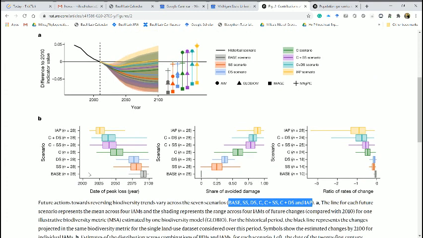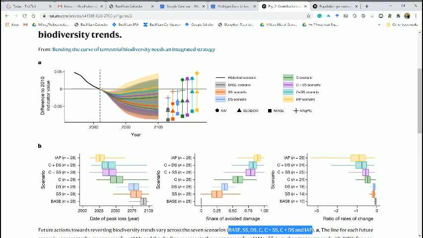Business as usual, the date of peak loss is really late in the century, towards like the year 2080, 2090. Whereas if we go full force and do our best to mitigate climate change, or biodiversity loss, I should say, then the peak loss date will only occur in 2025,